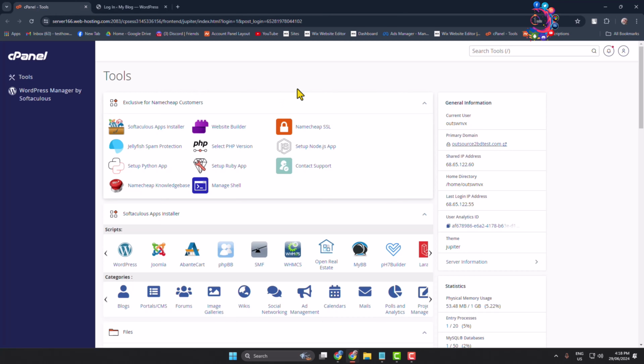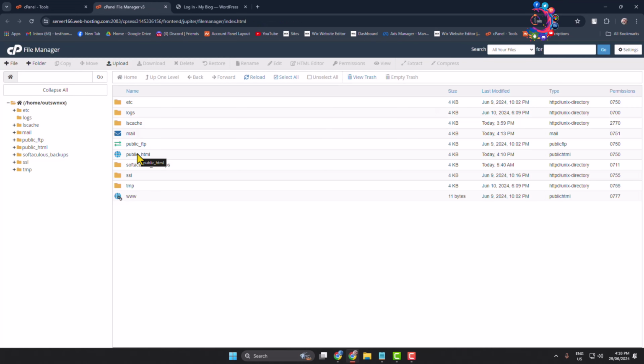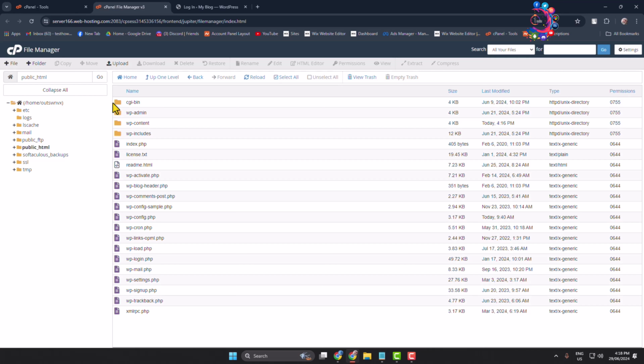To do that, first of all, you have to open your cPanel. Once you are in your cPanel, you have to open the file manager. Once you are in your file manager, go to public_html, and here you will find all of your installed WordPress files and folders. In this list, you have to search for this file